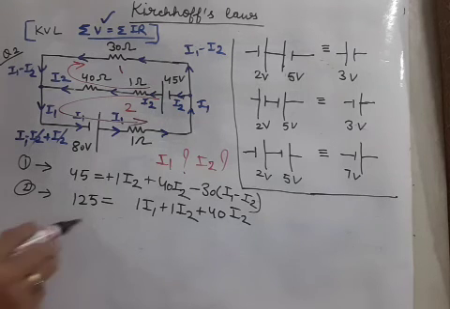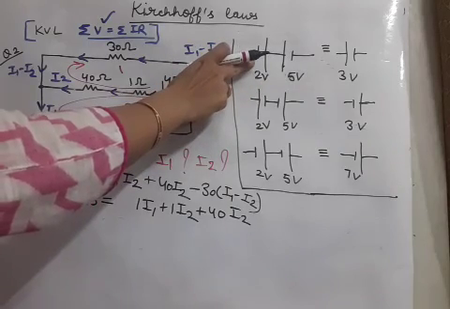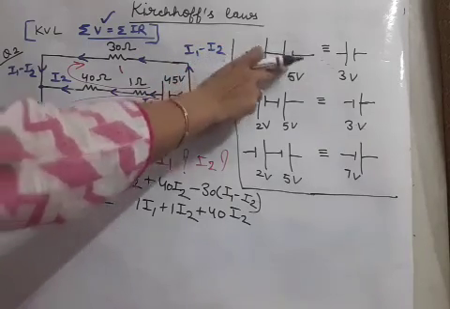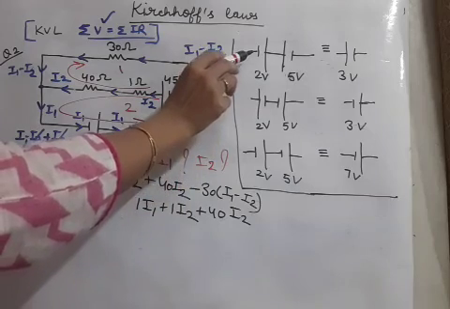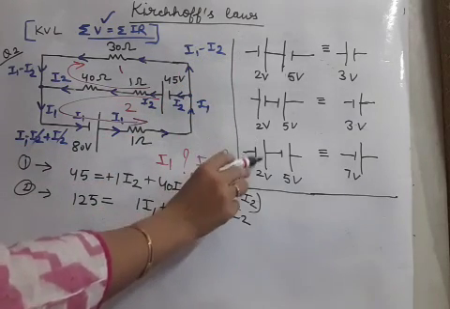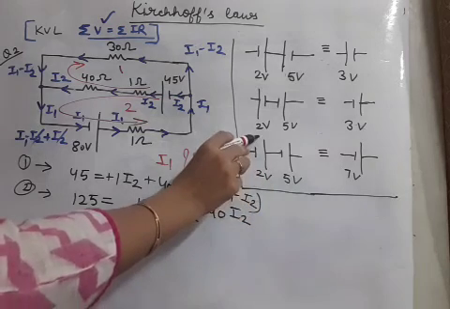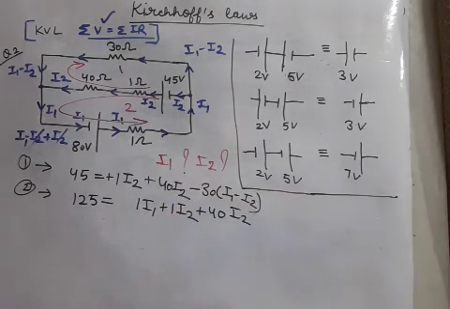So remember students, first of all about the batteries, if same terminals are connected together, whether positive to positive or negative to negative, then the batteries are subtracted, and if opposite terminals are connected, positive connected with negative, then the batteries are added.